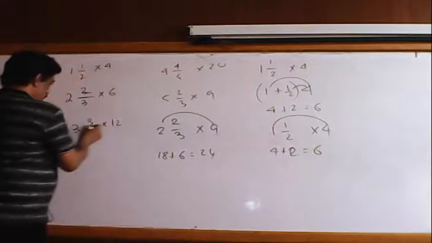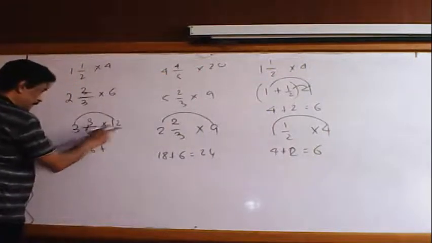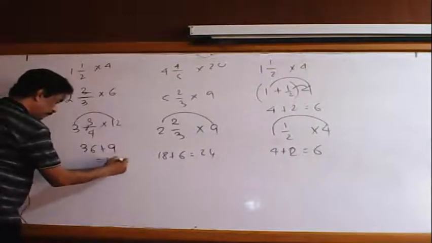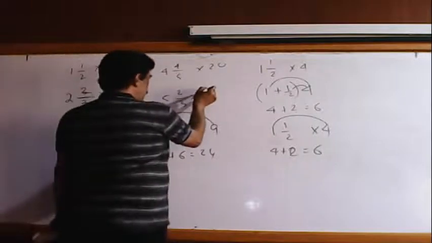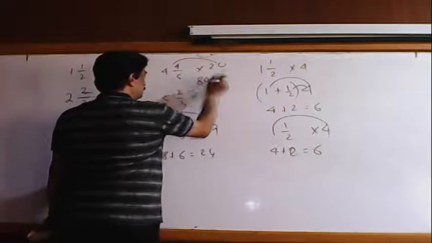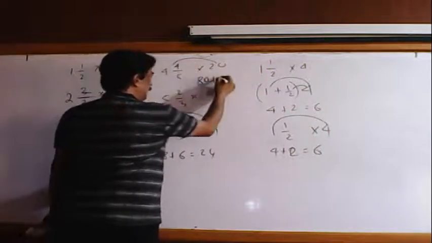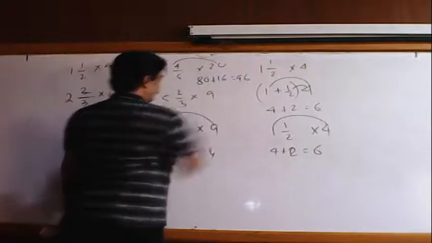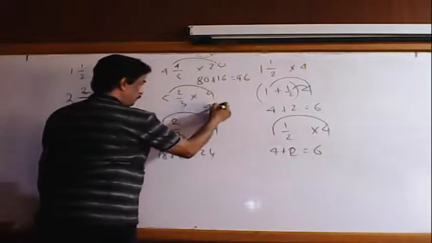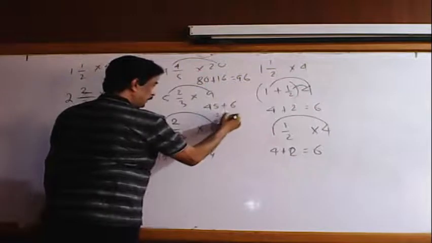So your result is 24. Again, 3 into 12 equals 36, plus if I divide 4, 3 into 3, 9. So the result is 45. Again, 5 into 20, 20 into 4 is 80, plus this multiply division is a 4, 4 4s are 16, and that 16 equals 96. Again multiply by 5, 5 times 9 is 45, plus cancel 3, 3 2s are 6, your result is 51.